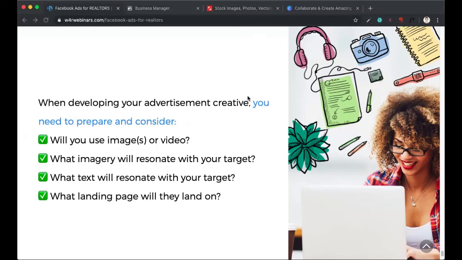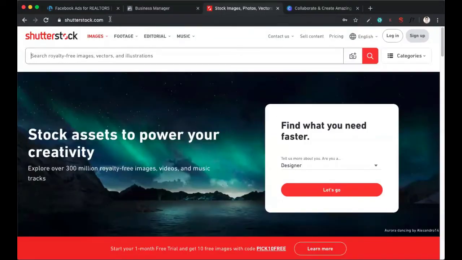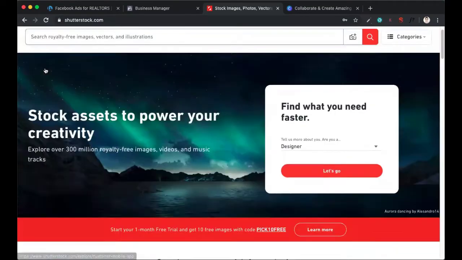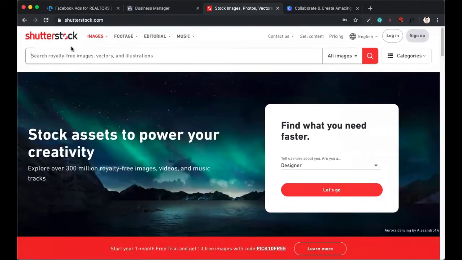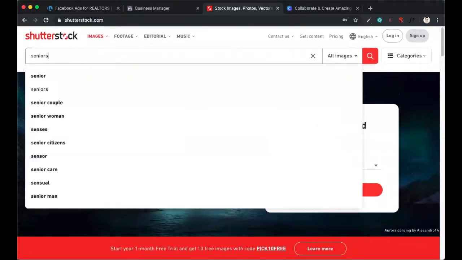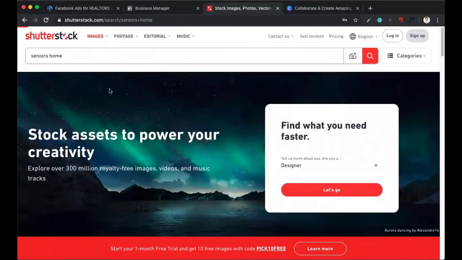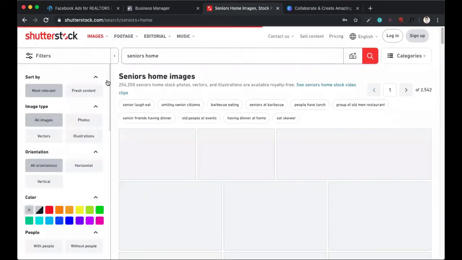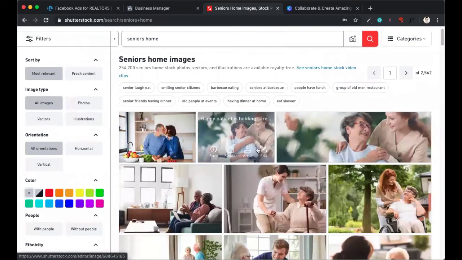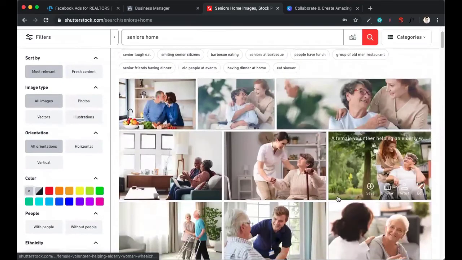You may not have images or videos on hand, and that's why there's companies like Shutterstock or Big Stock. So these are websites where you can purchase royalty-free images. So for example, if I go to Shutterstock and I type in seniors home, or seniors, I think one of that they had was having fun. So you could see here, you can actually purchase these professional images through their platform. And then you can use these images, you own the rights to them, so now you can use them on